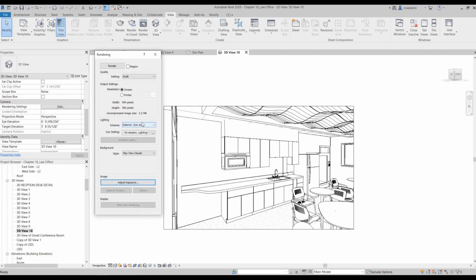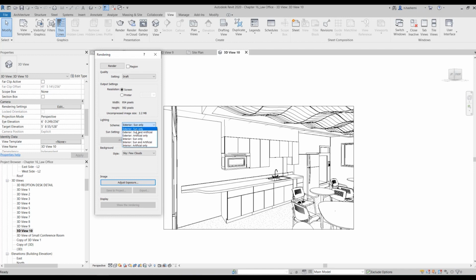If you want to create an interior rendering, you have the option to create an interior rendering with sun only, so we would have only sunlight without any artificial light, or you can pick interior, sun and artificial light, or interior with artificial only.